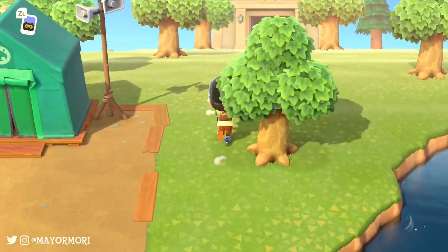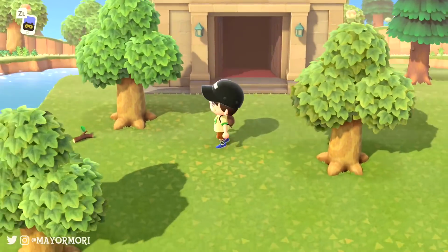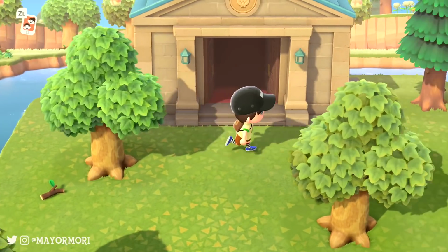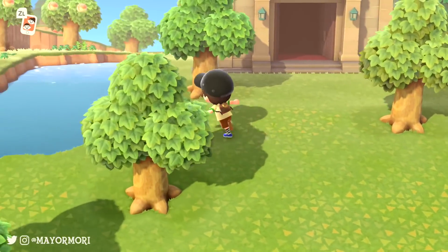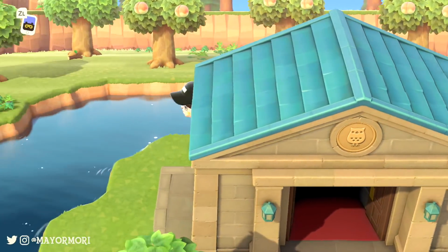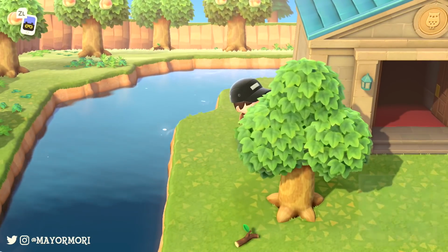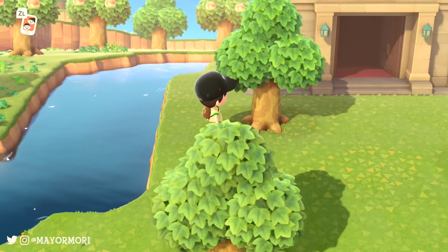So I put my museum all the way up here, if you'll remember, and it just looks massive actually. That's way bigger than I thought. You kind of don't really get a sense, I don't think, of how big it is when you're not playing. And yes, it's got this little secret bit. If you watch my first Let's Play, where I positioned the museum, I put it here